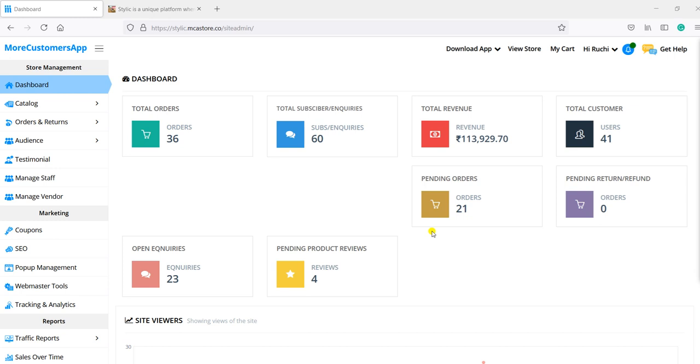The responsibility of running each shop lies with the individual shop owner, like packaging, placing the products and everything. But what you have authority over is managing the store, seeing whether the store is running properly or not. So this is what a multi-vendor e-commerce website exactly looks like. Now we will see how we can use this multi-vendor website through the More Customers app.